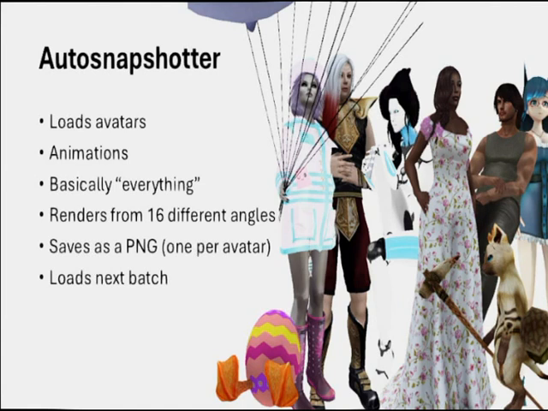We try and aggressively collect avatars when we can for using in these tests, and I'll talk a bit more about that in a second. But the goal here is that we basically get a consistent, reproducible way of looking at an avatar, so we can load up lots of them simultaneously and save them out and be able to then check a folder of 1,300 screenshots, which is a lot faster than waiting a week for Ben and Nicholas to do the full regression tests. So if we jump to the next slide,